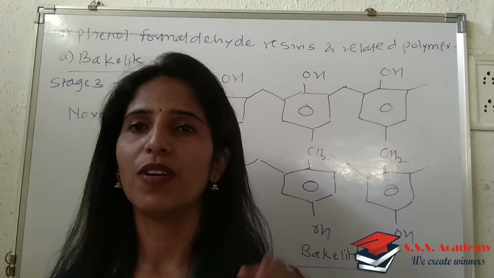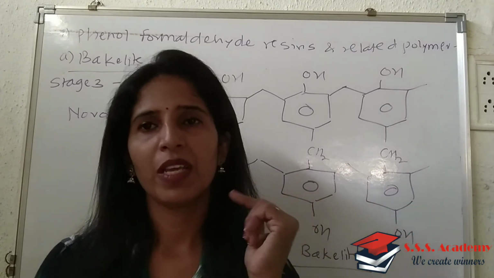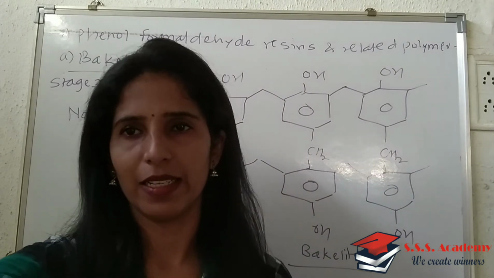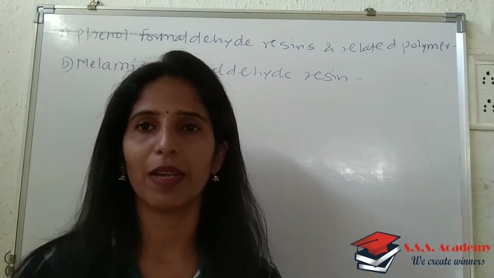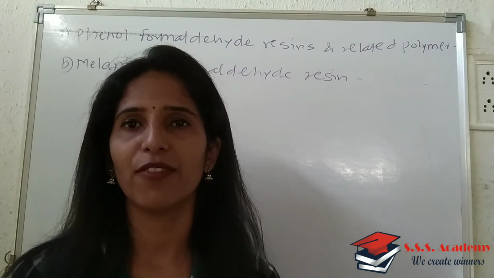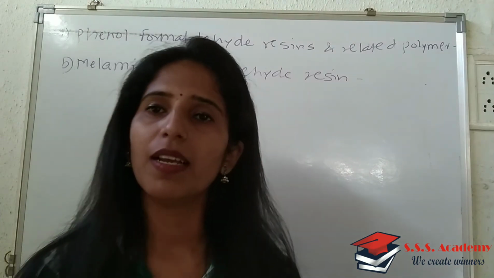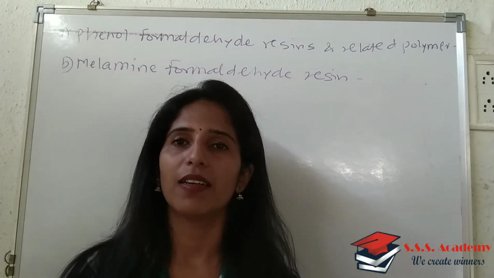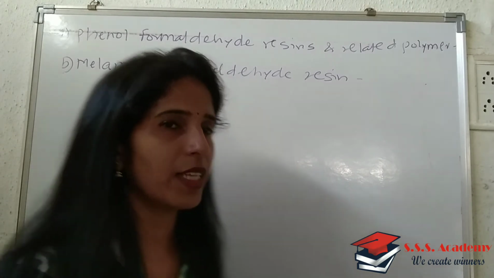So first you will write it is obtained by the condensation. So first we have seen bakelite, under the title phenol formaldehyde resin. Second, write down B as melamine formaldehyde resin. In that, first point, melamine and formaldehyde undergo condensation reaction and result in the formation of melamine formaldehyde resin. Second, write down it is a highly cross-linked polymer. And third, write down it is used in making decorative articles like formica and plastic dinnerware which is heat and moisture resistant. Next we will write the reaction.